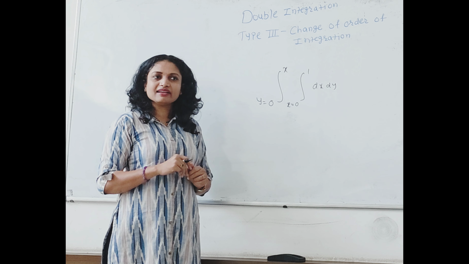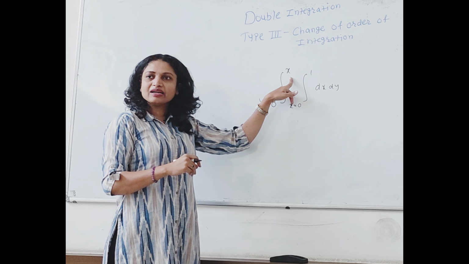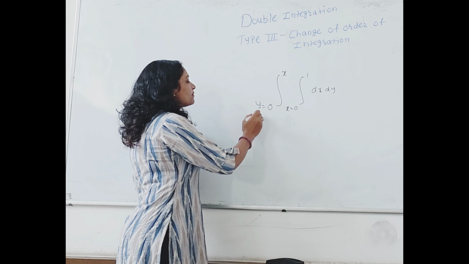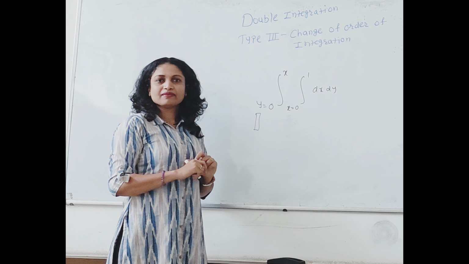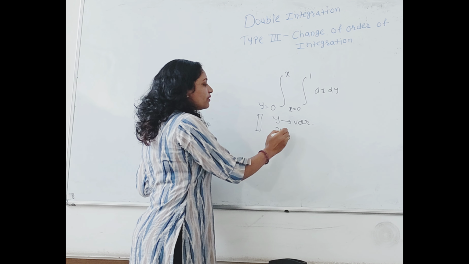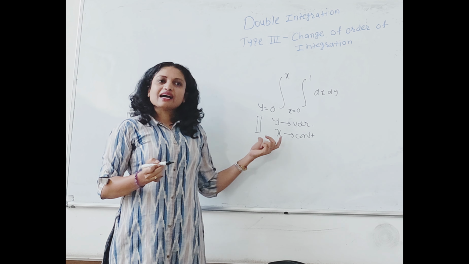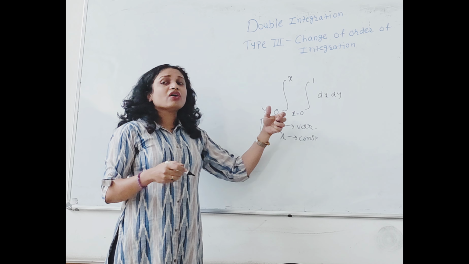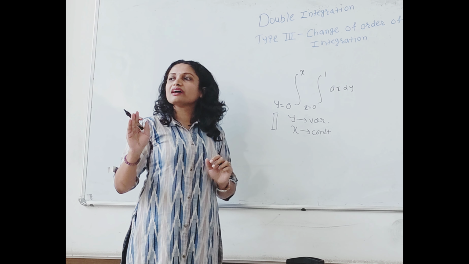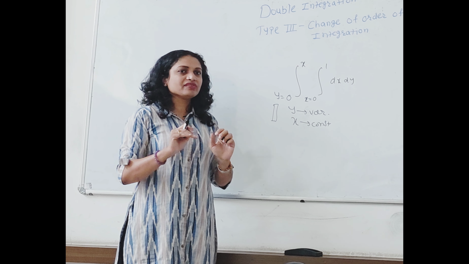So why change the integration order? What are you going to do? Here y's limit is variable. Which strip might we have considered here? Vertical strip. A vertical strip gives you y's limit variable and the limit of x constant, isn't it? But as I am saying, it's not at all possible to integrate with respect to y first. You are not going to get the answer of the integration if you integrate with respect to y. So we are going to change the order.